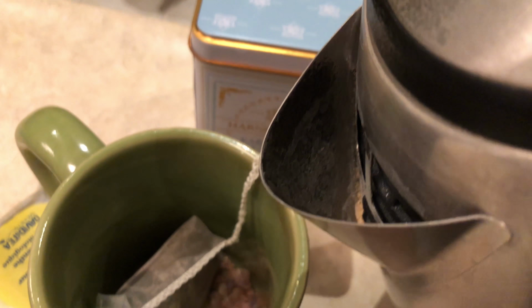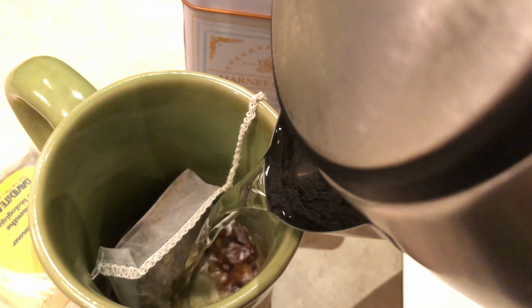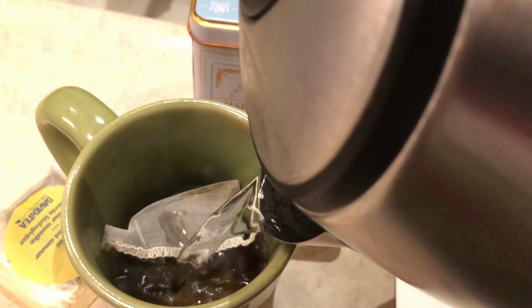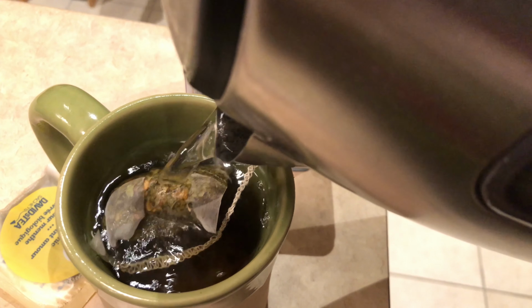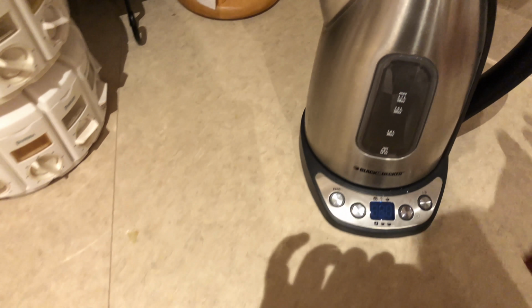We're going to do a little pour here. The stuff that I have in the bottom of my tea mug, by the way, is a little bit of rock sugar. Sometimes I'll drink this straight up. Sometimes I will sweeten it. Just kind of depends on my mood and what I feel like that day. And I feel like something a little bit sweet today. So I'll put that back